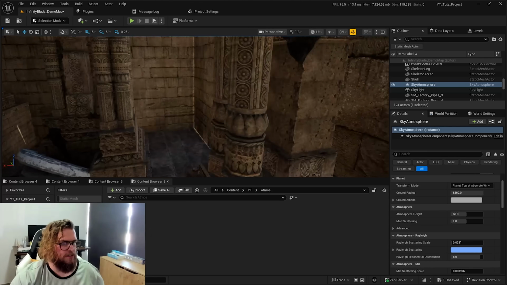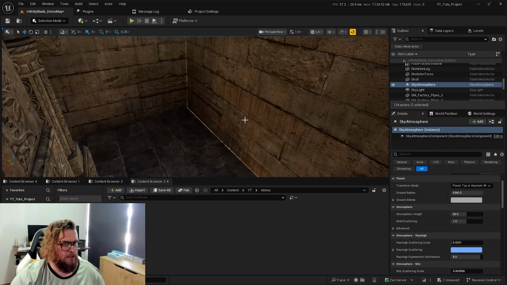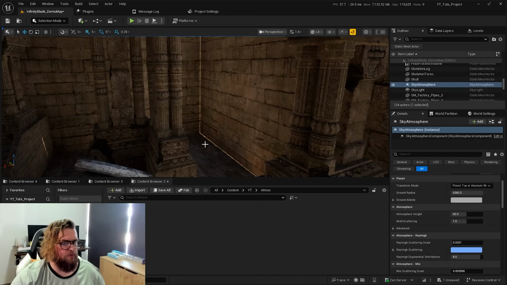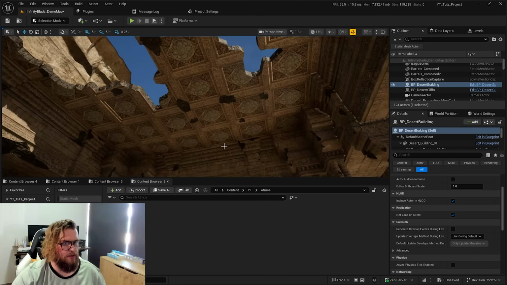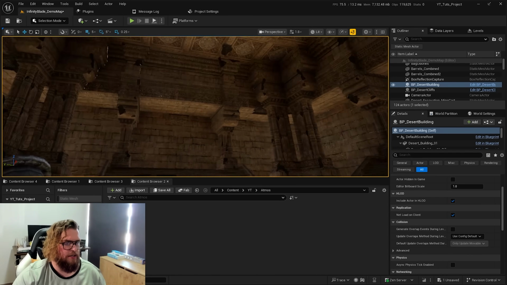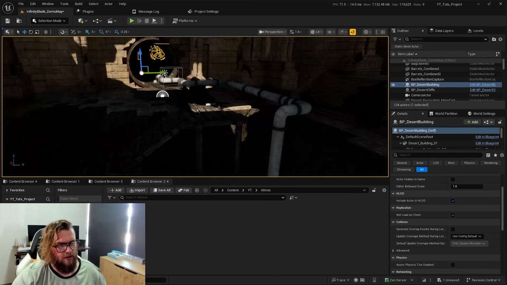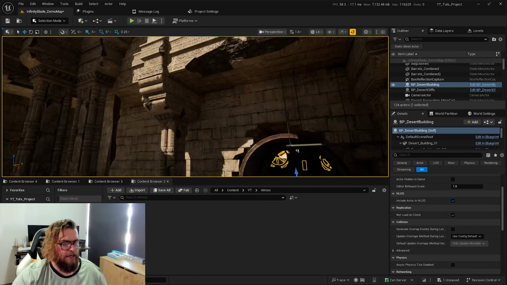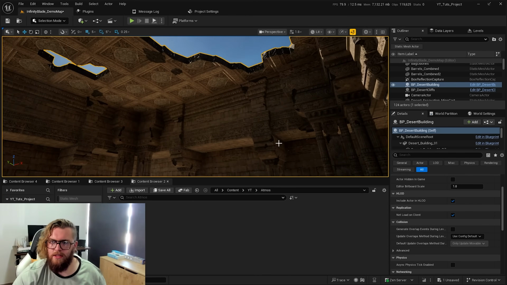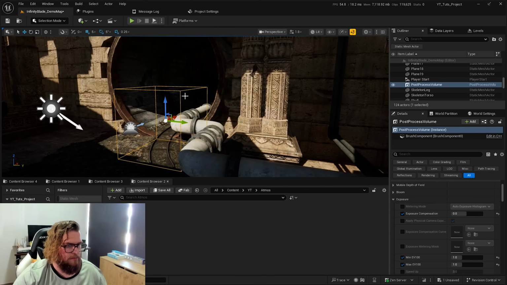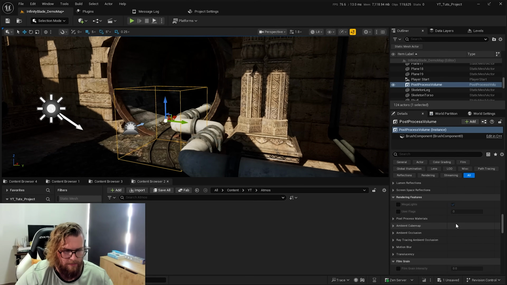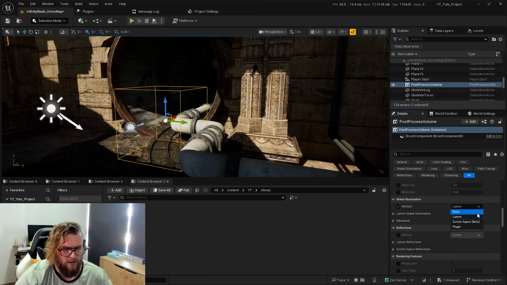We're still getting some nasty, sort of like Lumen breakthrough here, and I assume that's just because of the way that the assets have been built. They're not really built for Lumen and Nanite in mind, but that's okay. There are things that we can do to help improve that. In order to avoid too much bounce lighting, and because again we were talking about this from the perspective of like a mobile game, I'm actually going to make the call to click on my post-process here, and I'm actually going to turn off Lumen as a global,